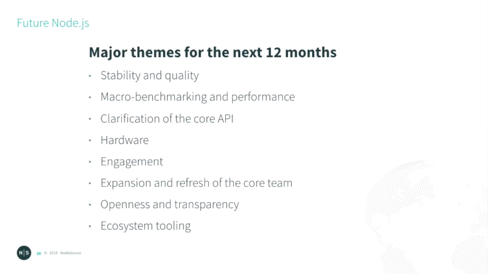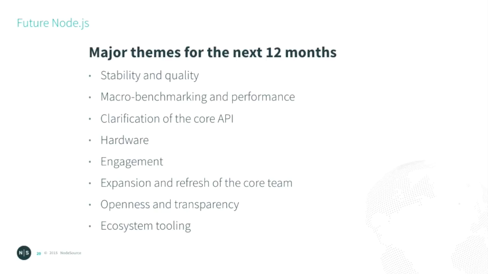And just quickly, last slide, I think this is the major themes for the next 12 months. These are the things that I think we're going to be focusing on. Stability and quality, this is a big thing. Version 4 of Node, I truly believe, is the best quality code base that Node has ever had. It is a quality set of code that you are using with Node. When we compare the stability to older versions, it's fantastic. It may not seem stable when you look at the number of releases, but it will settle down as the landscape evolves.